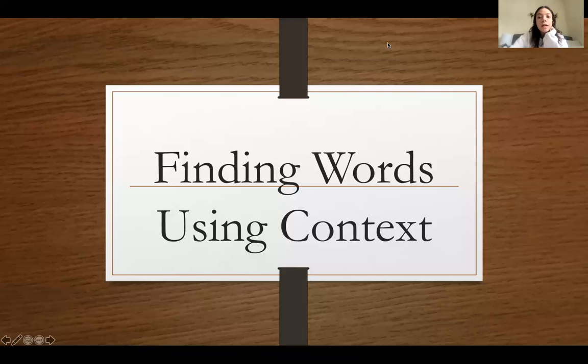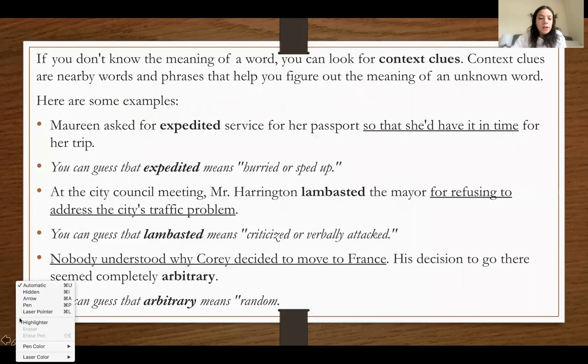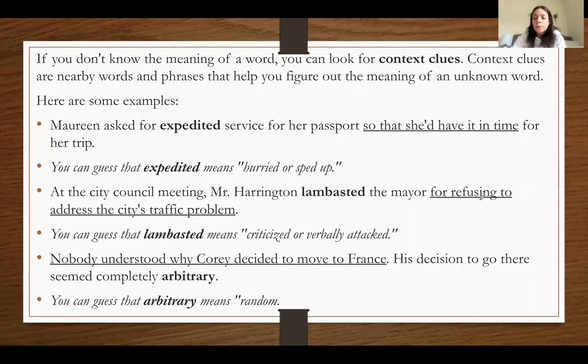Okay, so today we're going to be going over finding words using context clues. So just to quickly go over, if you don't know the meaning of a word, it's good to look at context clues. So context clues are nearby words or phrases that will help you figure out the meaning of an unknown word. So for example, Maureen asked for expedited service for her passport so that she'd have it in time